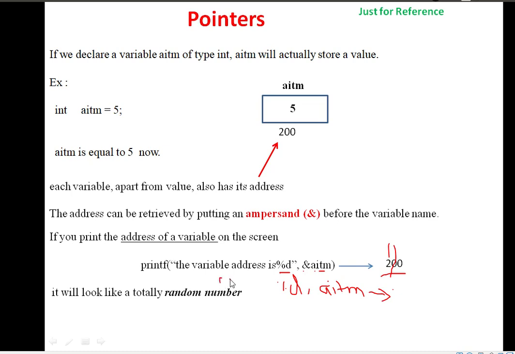So all this is the same. The %d format specifier, then followed by the variable name. What is the output? 200? No, it is 5. The value will be printed. If we use the address operator, the address will be printed. That's it. Okay, the address looks like a random number. Okay, that is the concept.